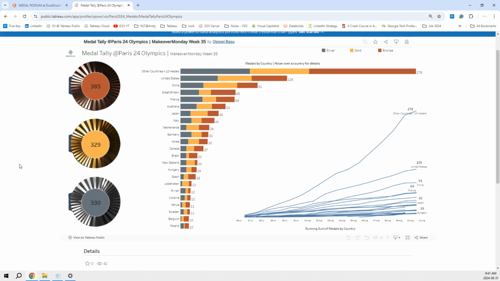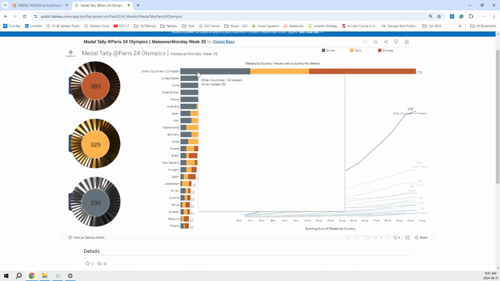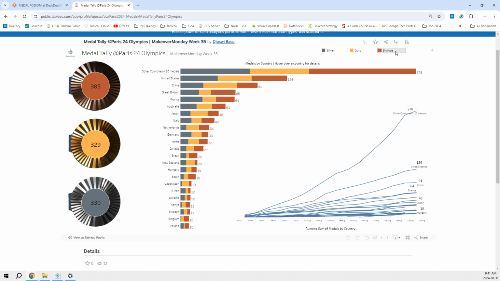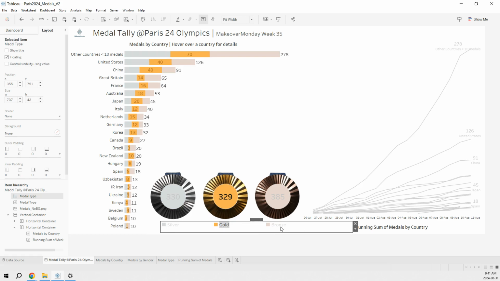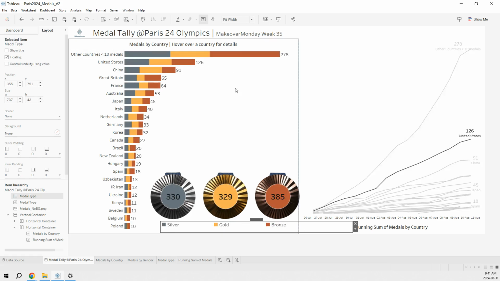Hello, I'm going to share my Tableau Makeover Monday Week 35 submission on Paris Olympics medal tally. What you see here is the first iteration of the dashboard that I built, and I received feedback that it was hard to understand with the medals over here organized bronze, gold, and silver, and on the bar chart they were silver, gold, and bronze. So I built a second version, and my medal colors are aligned on the bar chart as well as